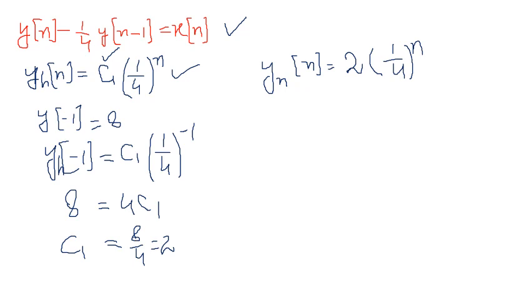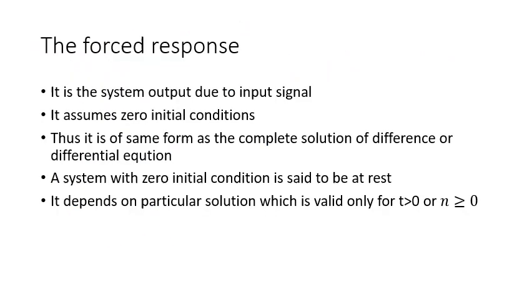So this is the right, and this is valid for n is equal to or greater than minus 1. You know that the complete output is equal to the natural response of the system plus the forced response of the system. So we have talked about the